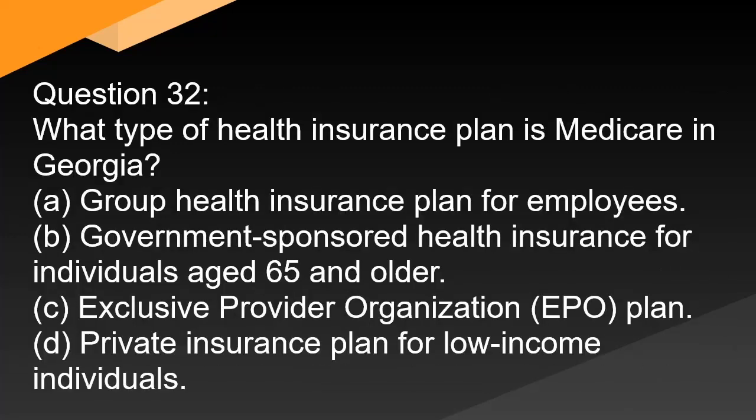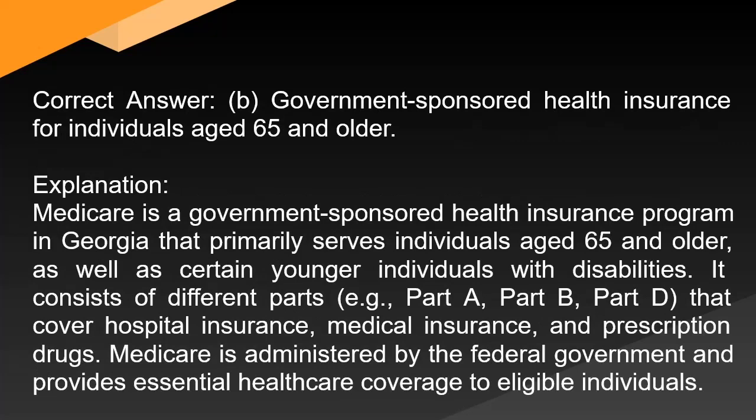Question 32. What type of health insurance plan is Medicare in Georgia? Correct answer: B. Government-sponsored health insurance for individuals aged 65 and older. Explanation: Medicare is a government-sponsored health insurance program in Georgia that primarily serves individuals aged 65 and older, as well